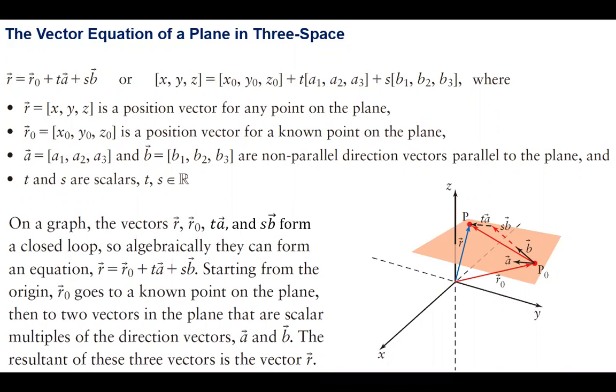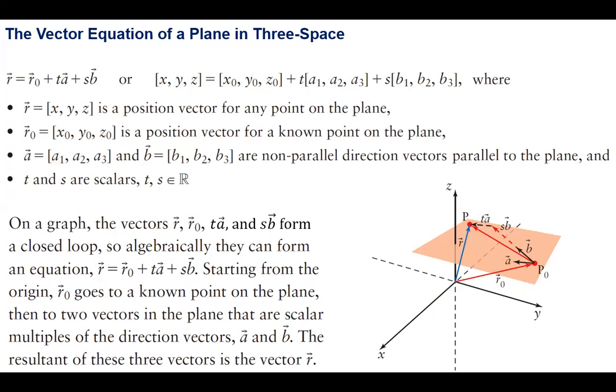Or in another form, (x, y, z) equals (x naught, y naught, z naught), that's the position vector of a given point on that plane, plus a real number t times a vector whose components are a1, a2, a3, plus another real number s times another vector whose components are b1, b2, b3, where